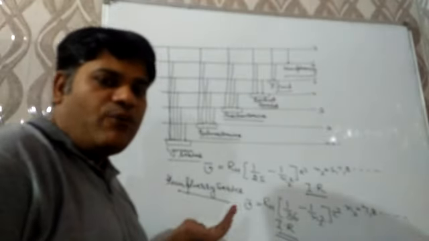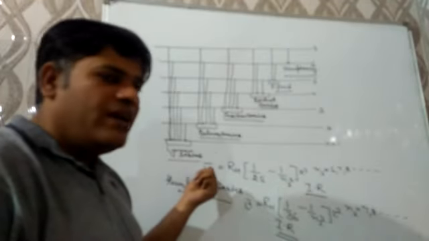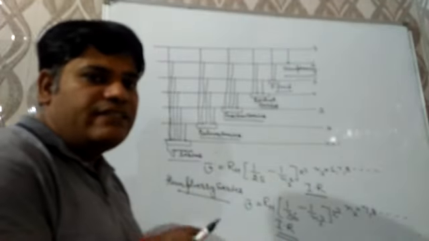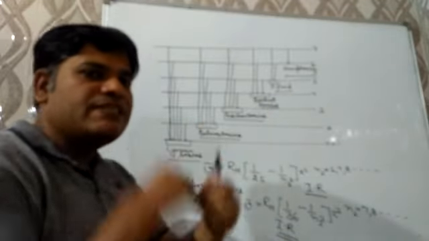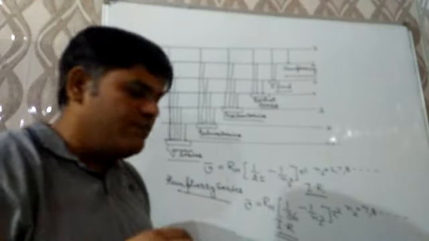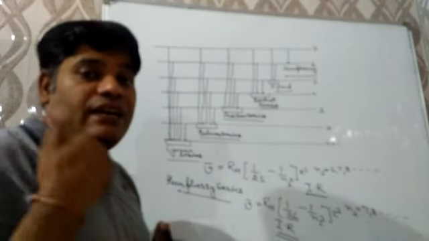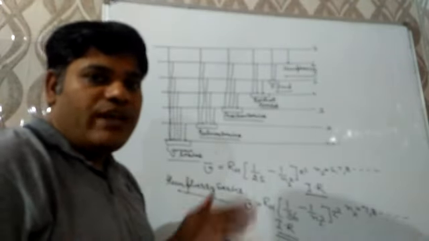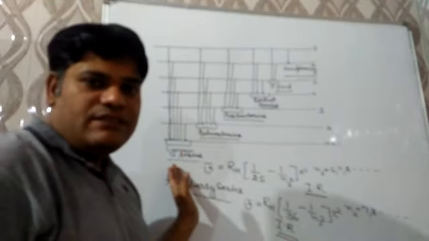I hope you understand the things. It is a very important topic for competitive exams. Generally, questions may be regarding wave number, wavelength, energy change, or line and series. First line means the next energy level. If n2 is infinity, then that will be the limiting line. You can do the numericals on the basis of this.